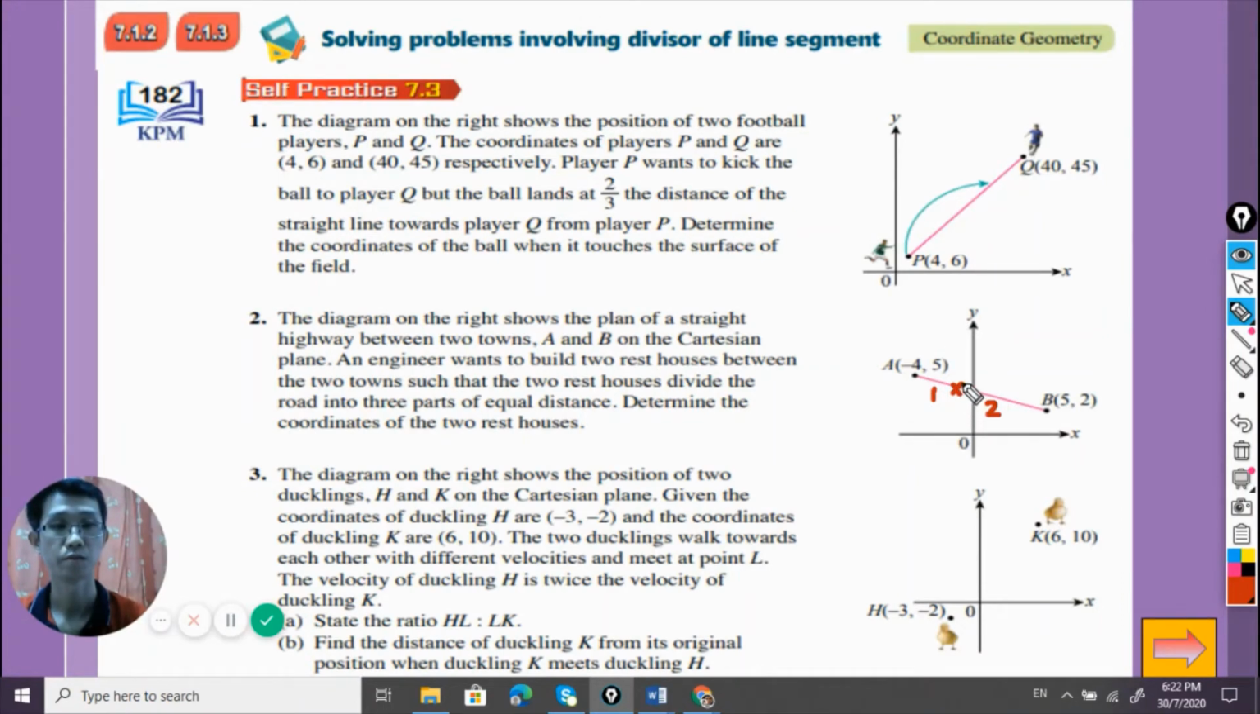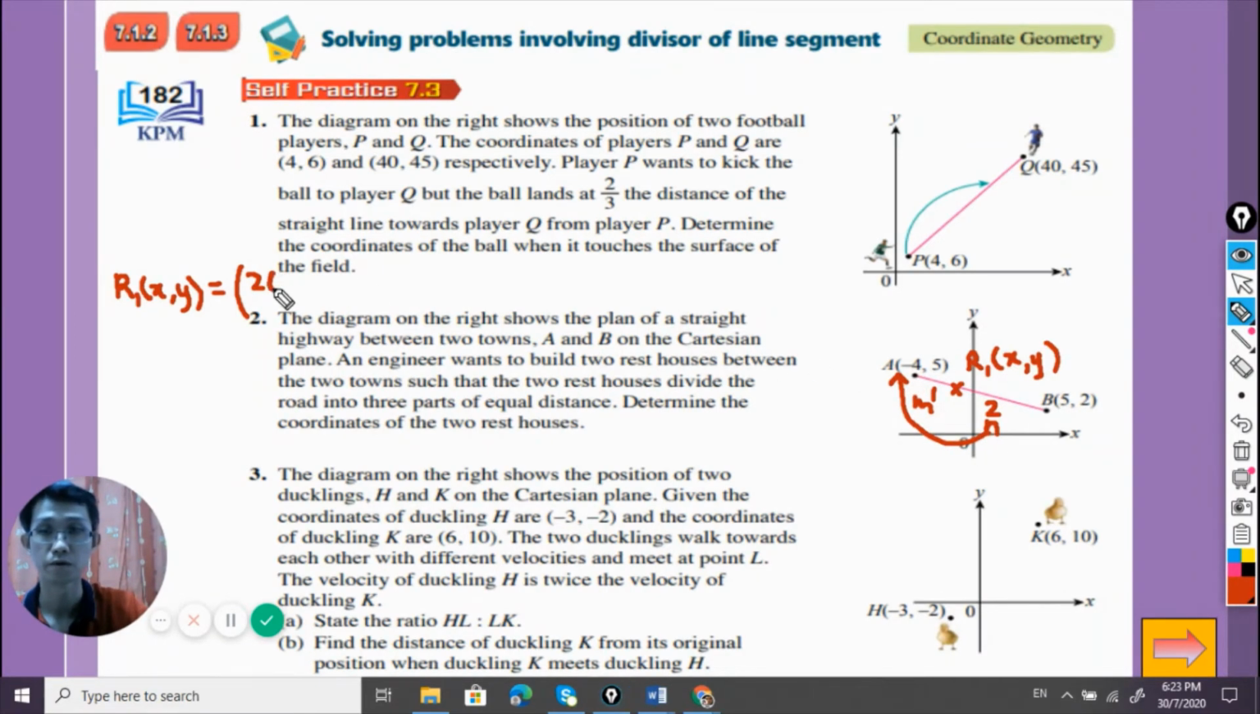So the first rest house will be positioned at this location where its distance from the point A is 1 equal part away compared to 2 equal parts away from point B. So here this is your ratio m and this is your ratio n. To get the point of rest house 1, let's define it as coordinate x and y. So R1 (x, y) will be equal to the n, 2, multiplied with the opposite coordinate x, which is negative 4, plus the m multiplied with the opposite coordinate x, which is 1 and 5, over